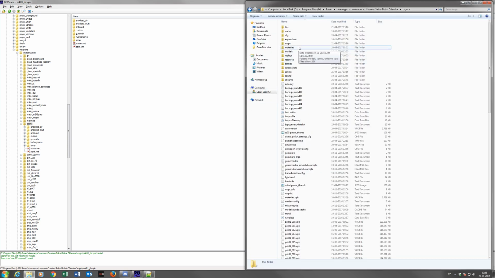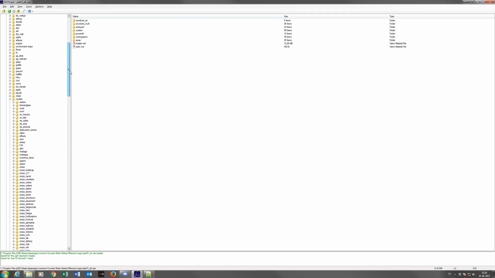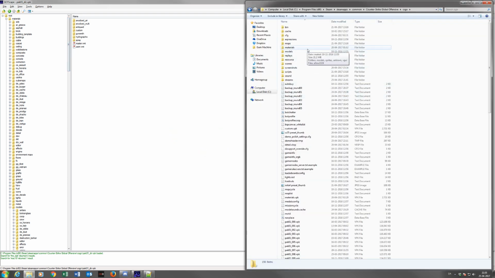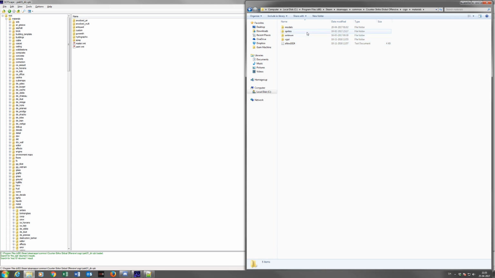It matches these folders here. So when you look at the files inside the materials folder in the pack file, it has very much more files than in this folder here. So in this folder here, it's kind of empty. There's not a lot of stuff. But what these folders are made for is that